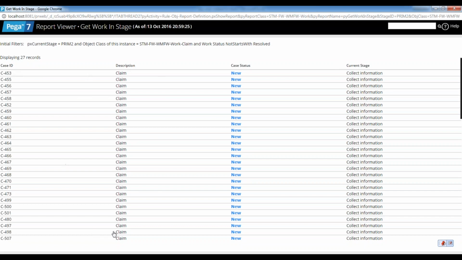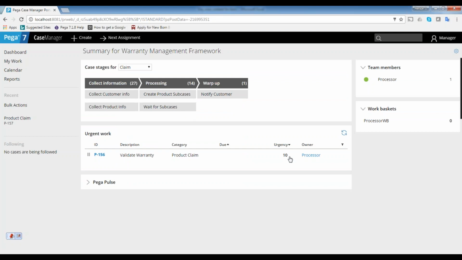If you see here, every case is having the default urgency. So here urgency 10 is there.